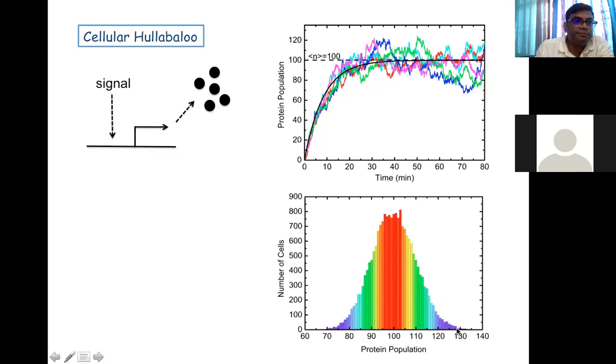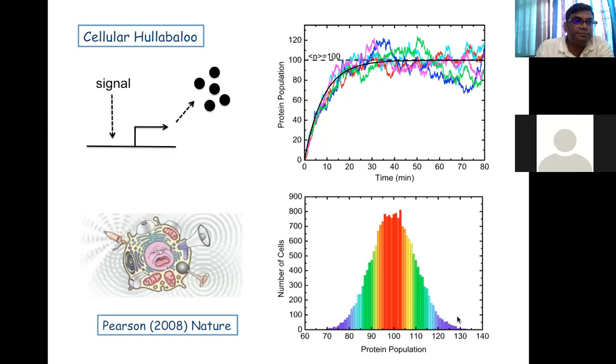Some cells are not expressing the gene product at all, on the two far ends, on the left hand and on the right hand. That means the cells are expressing their gene product in a noisy manner. So this is a nice cartoon, a popular article published in Nature in 2008, which shows a crying baby inside the cell. So how do we do that?